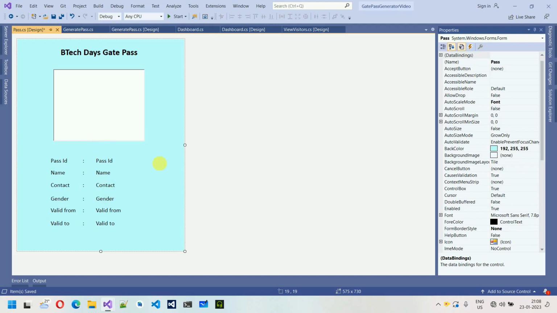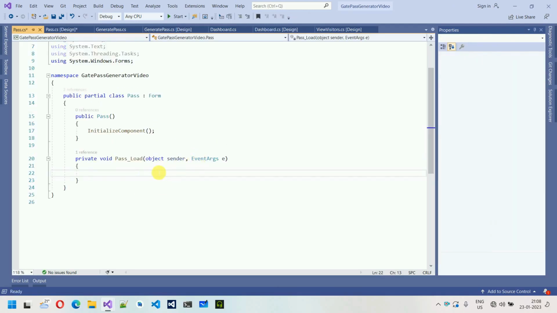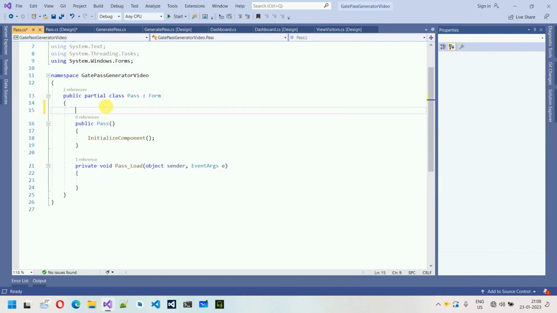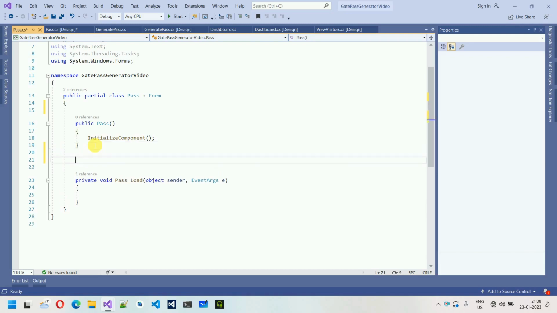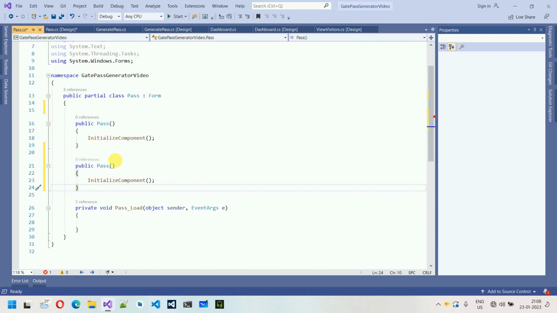So you double click on this and this will generate a load event over here. And in the load event, for now we don't want to do anything. What I'm going to do is generate a constructor over here which will accept multiple arguments like all of this stuff: path, pass ID, name, contact, gender, valid from, valid to, visitor PK, and days also. So for that, I'm going to just copy and paste it over here, and here I'm going to expect one string